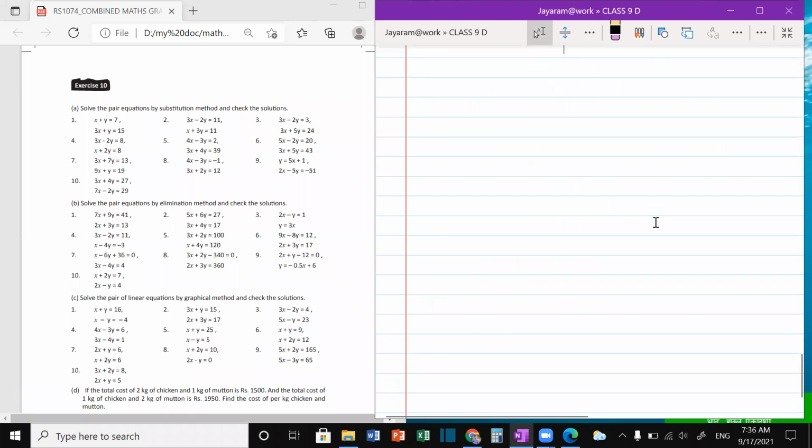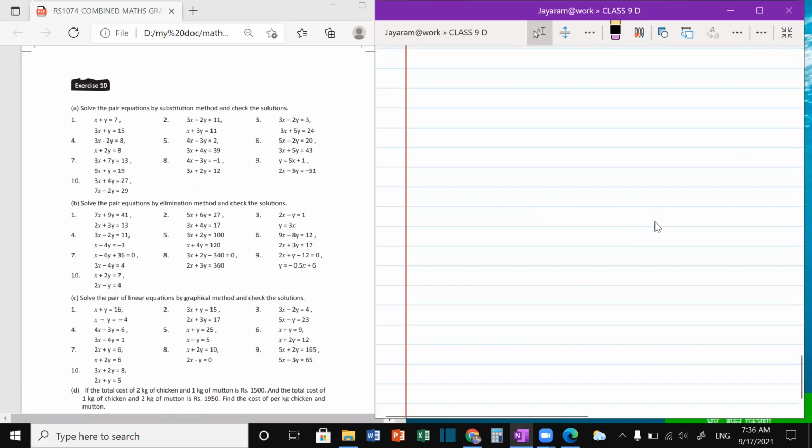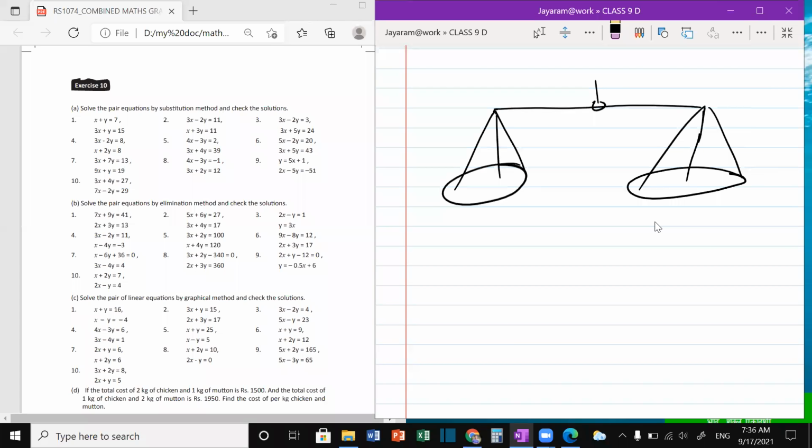I just covered this solution. Why can we multiply in both sides? See, an example of an equation is a beam balance, which we use in day-to-day life. Actually, x means like one dog. A 1 kg dog is x. Opposite x, how many tomatoes will be here? Maybe 20 tomatoes.